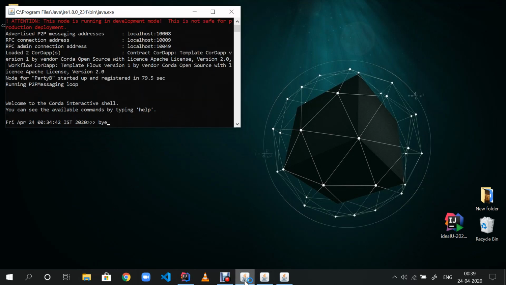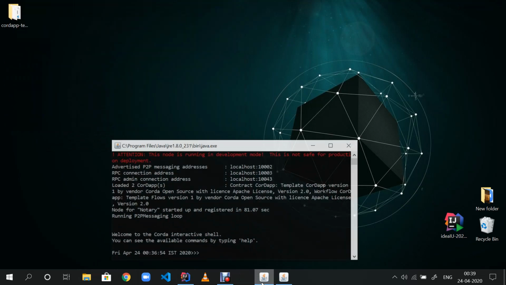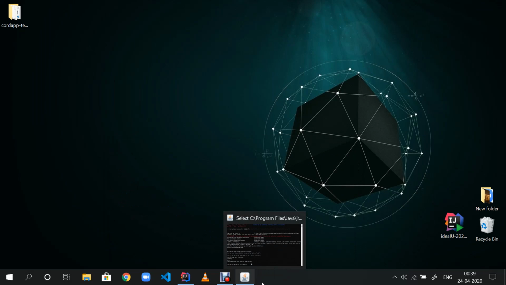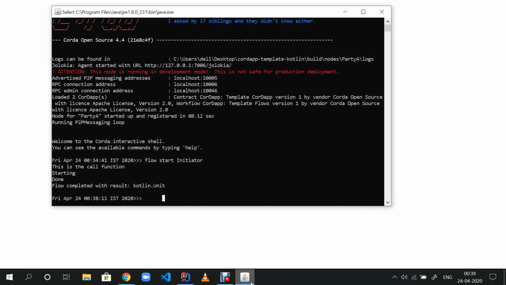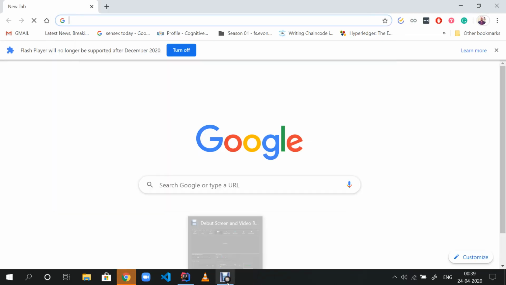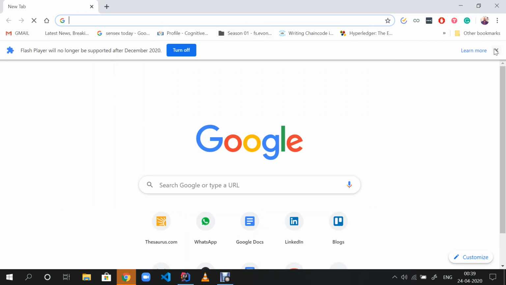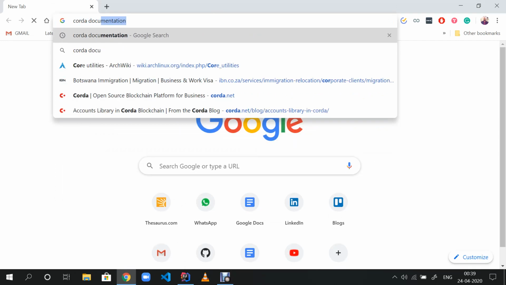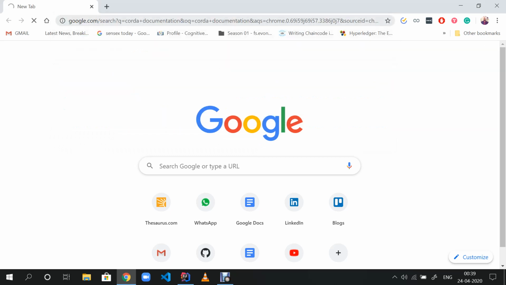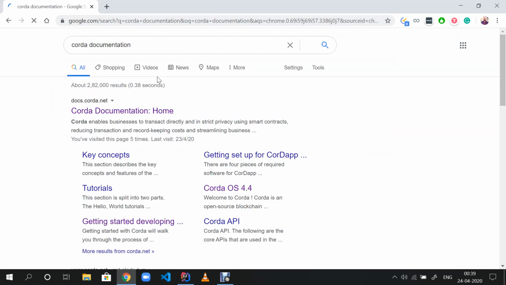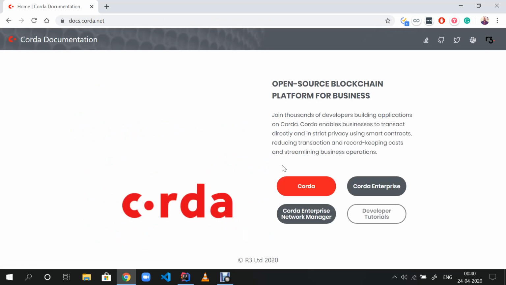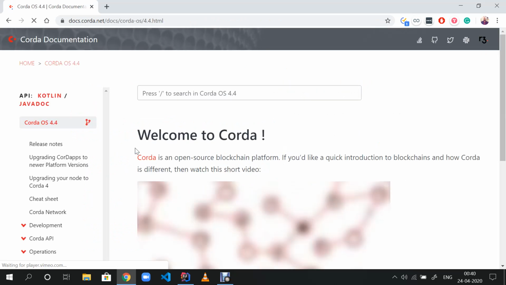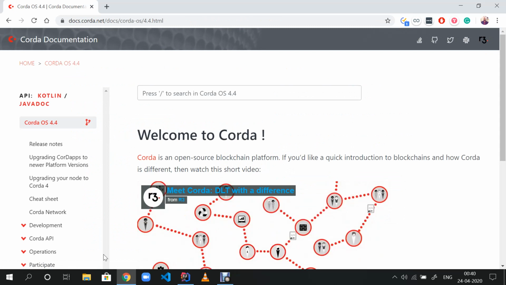I'll just close these nodes. Okay. So if you go to the Corda documentation, there is a cheat sheet.